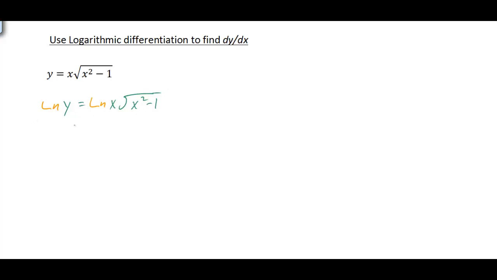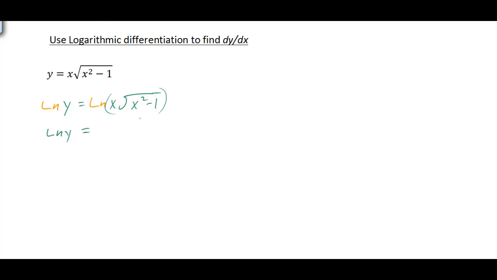So if we take the ln of both sides, then that allows us to think of this as the ln of y equals, well, this is all multiplication, x times the square root, because really we're taking the natural log